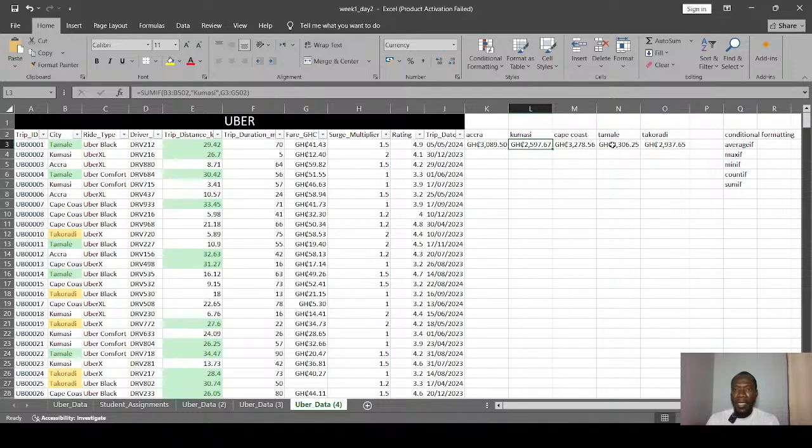Okay, so just from looking at this data, you know straight away that Cape Coast is a hot spot for Uber, right? And then probably this is just for one day, right? It might change. Maybe there is some fancy festival going on in Cape Coast, so Cape Coast is lit on that day, right? So Cape Coast will be raining. Then maybe in Christmas, Takoradi will be raining. And then in Tamale, when it's time for the Tamale festivals and things, Tamale will be raining. And then Kumasi and Accra on other days as it goes on.